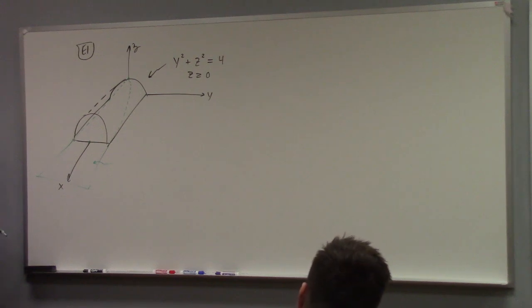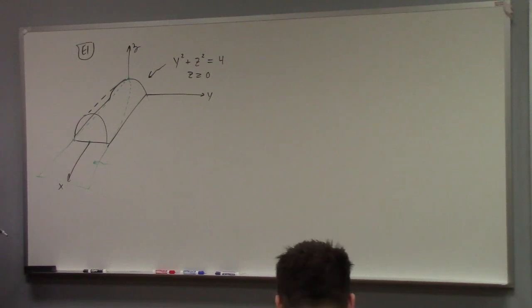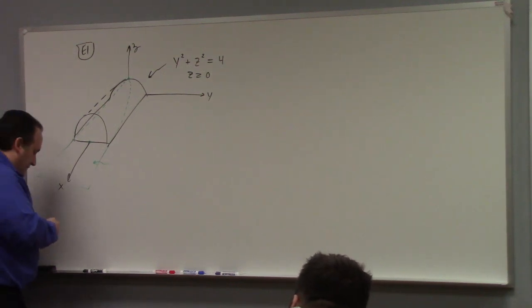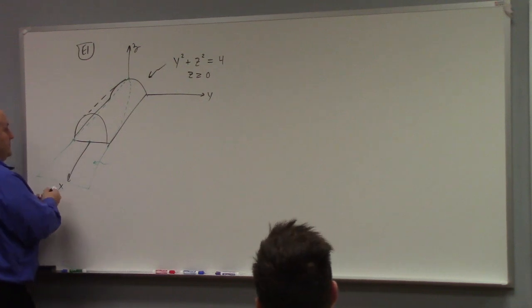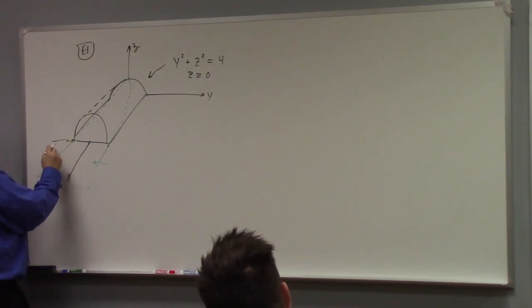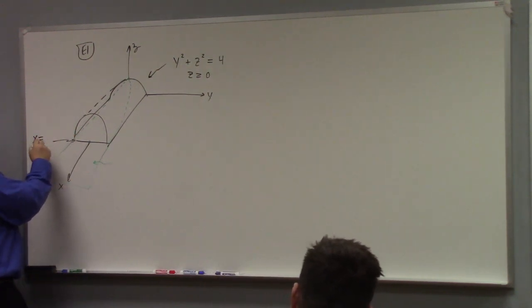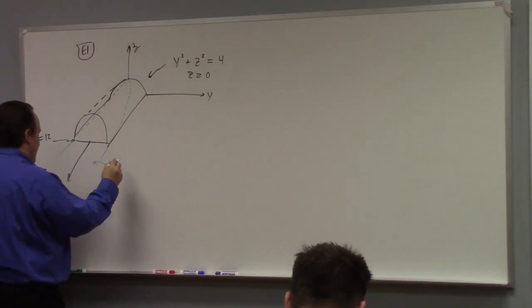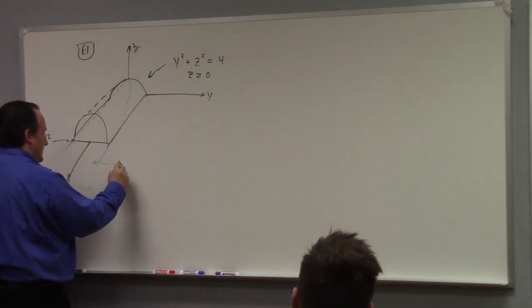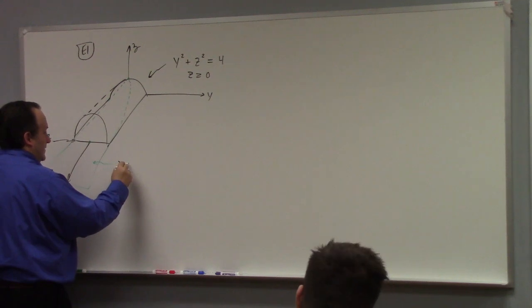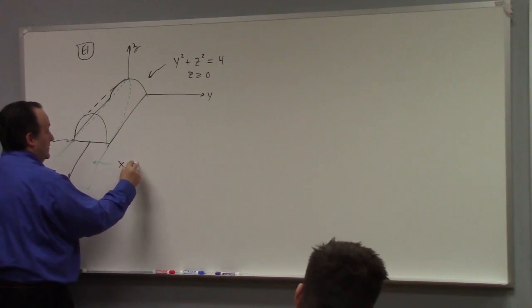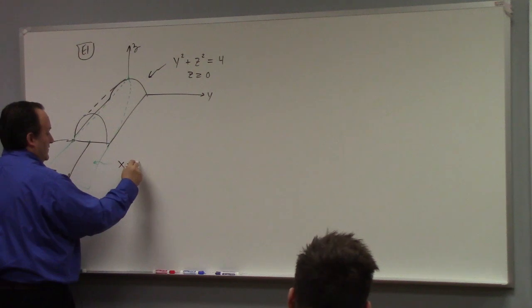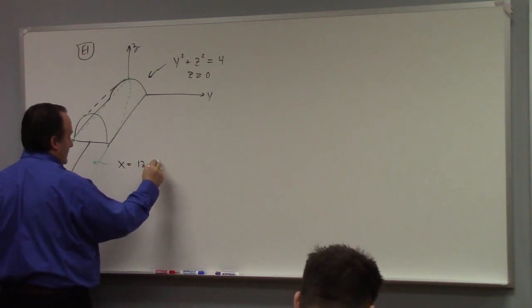Let's see here. I guess I need to tell you how far the cylinder goes out, right? How far do you guys want it to go out? This is x equals what? To 12? Okay. It's kind of random. I'll allow it. So in that case, I think what I need is x is equal to 12 plus,